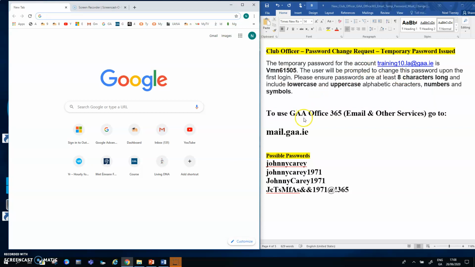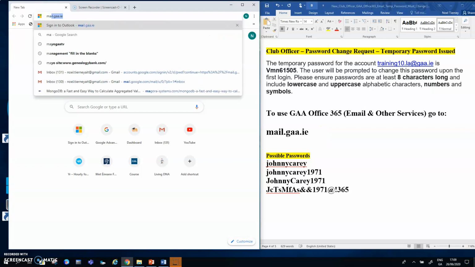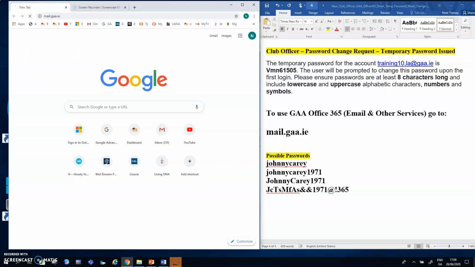But first of all, I'm going to need to access the GAA email site, the mail.gaa.ie site. So I've opened up the browser here on my left-hand side, and I'm using Google Chrome. And Chrome typically is the preferred option for GAA email and other communication. So in Chrome, I'm going to enter mail.gaa.ie, and it's already there from a previous visit. So when I choose that,